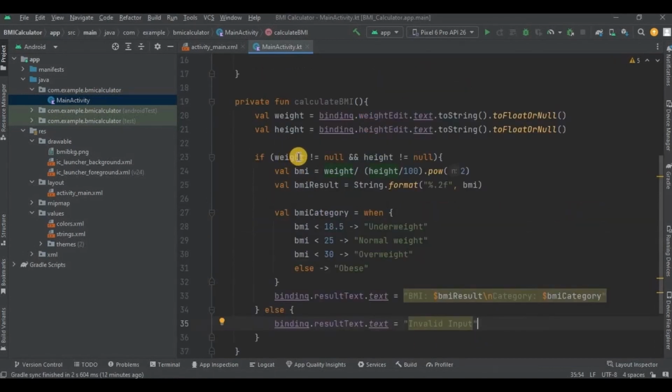Now see, very simple: if weight is not equal to null, which means there is some value present in weight,